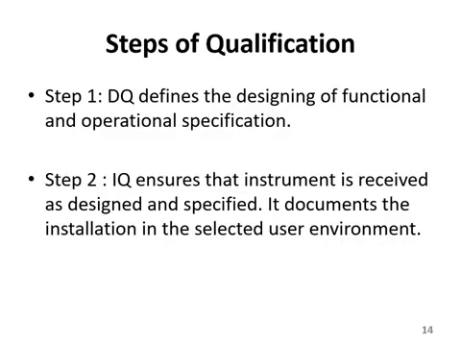Steps or the phases of qualification. Step 1, design qualification, DQ. This defines the functional and operational specification of a balance, instrument, or a process, right? And definitely when you are designing a process, you need to know from where the process is going to start and where it has to go. So you need to know all these specifications, operational specifications.